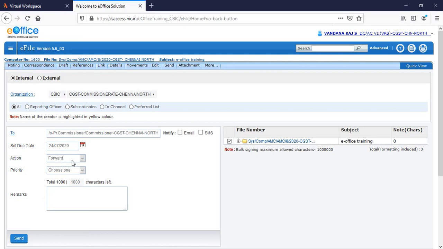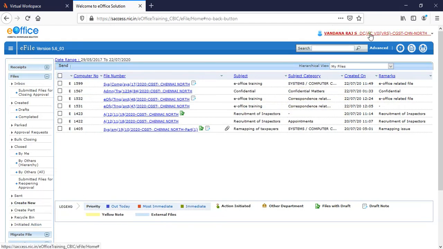The action is forward for approval, approved or for information, let's say for approval. The priority can also be chosen here. Three priorities are mentioned: out today, most immediate and immediate. Remarks: for necessary action. And having filled these details, we click on the send button.